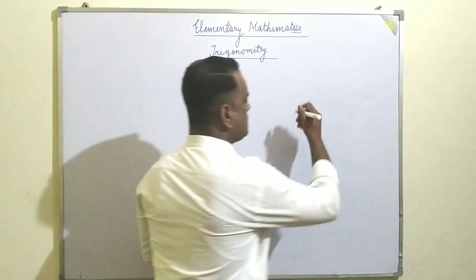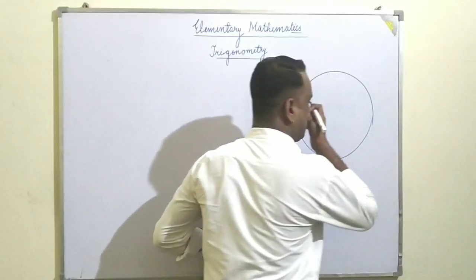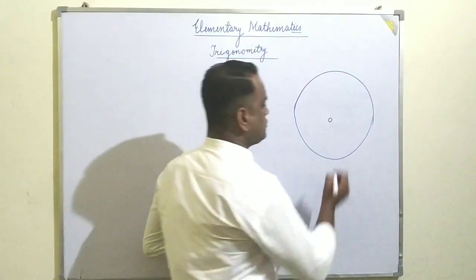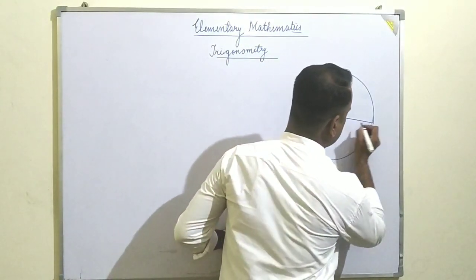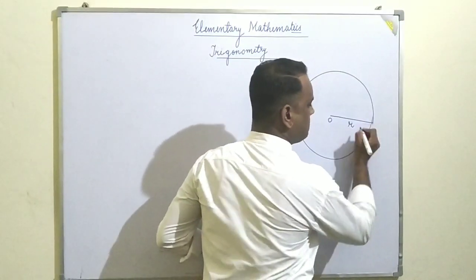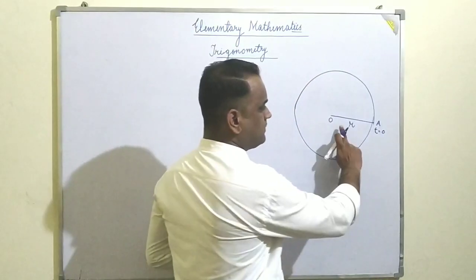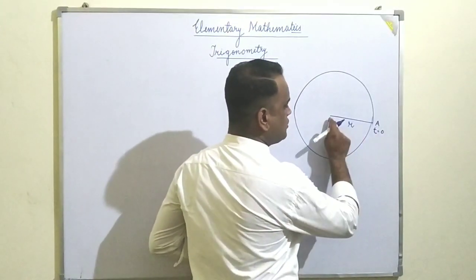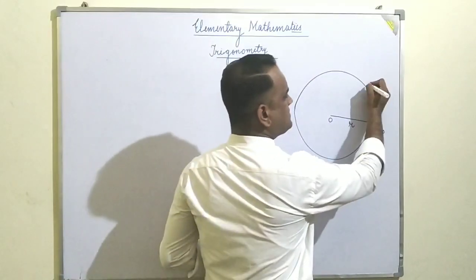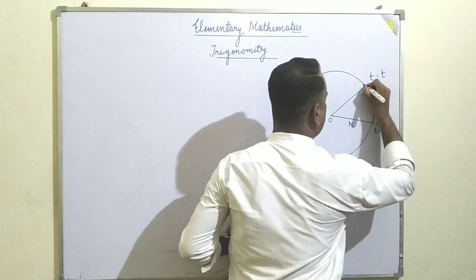Students, if I draw a circle, here I have drawn a circle. So what do you know about the circle? If this is the origin of the circle, let us suppose that small r is the radius of the circle, and when the time t is 0, the particle is at point A. So the distance from O to A will be r, which is known as the radius. As time passes and becomes t, the particle reaches point B.